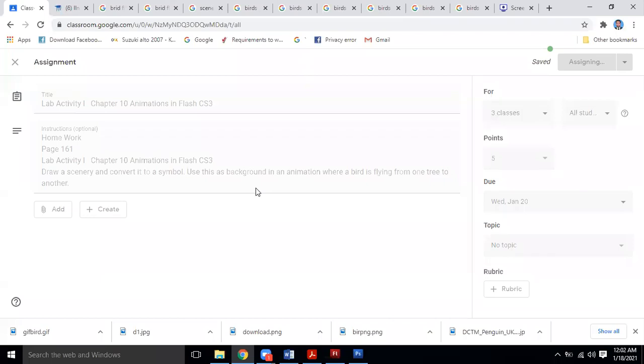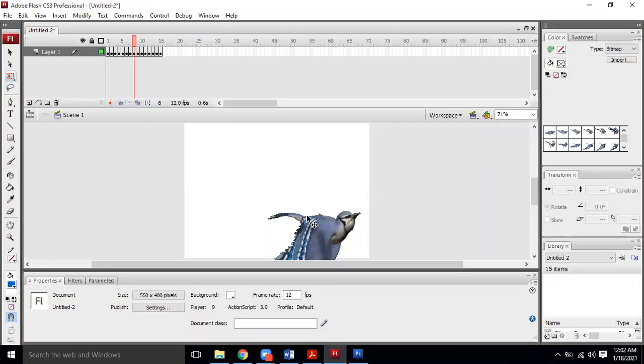I have drawn my scenery and also my bird, and I made the feathers move. Yes, this is possible because on each frame you will have to move the feathers up and down, and then you will be able to see the proper effect. But of course, more work is required. You need to draw two birds, one with the feathers up and one with the feathers down.